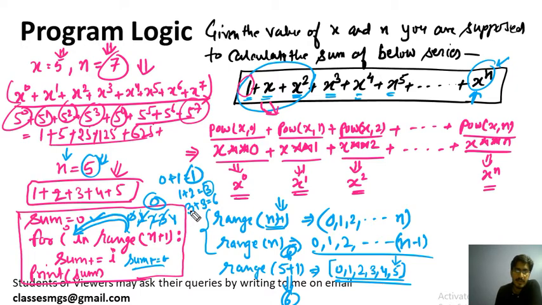Then next time 3 will come, and 3 is already there in the sum, so 3 plus 3 will become 6. Next time 4 will come, 6 is already there in the sum variable, 6 plus 4 will become 10, and so on. Then 5 will come, and 5 plus 10 will become 15. So if you pass n equals 5, then the sum up to 5 will be 15. This is how the logic to add 5 numbers works.